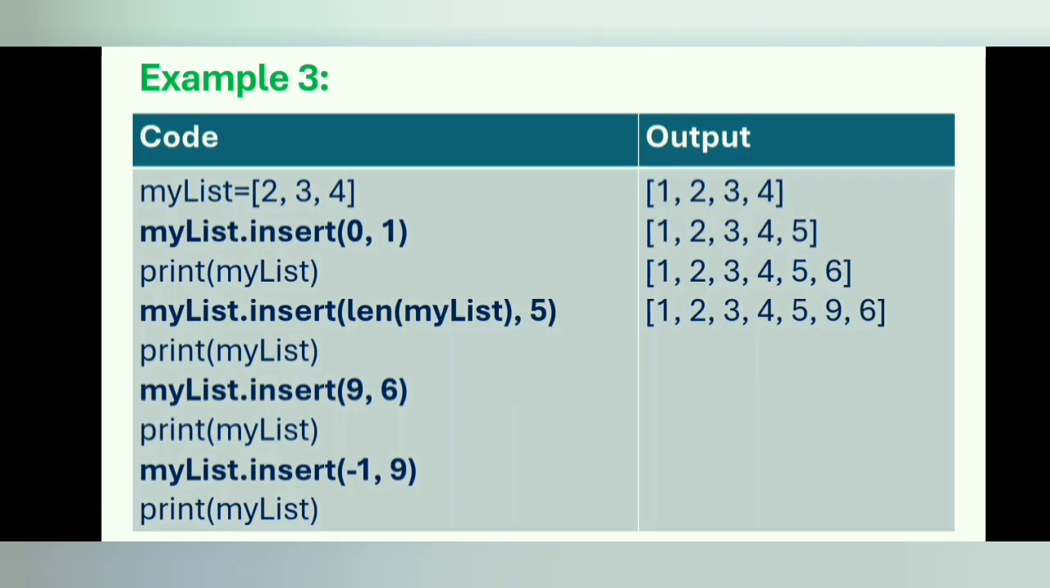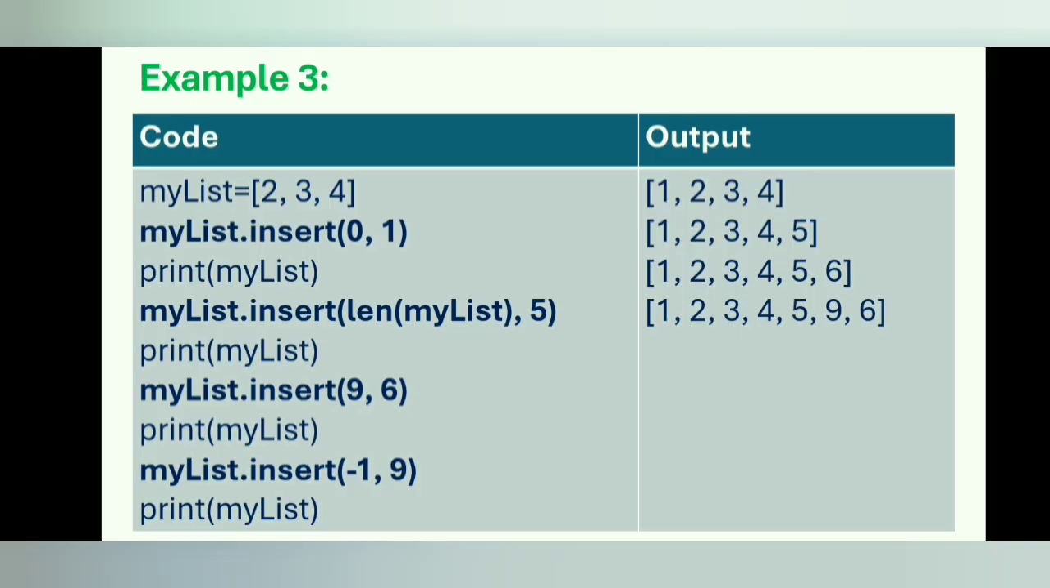Example 3. In this example, the first thing I did was create a new list with the 3 elements 2, 3 and 4 and assign it to the variable mylist. In the next statement, we call the insert method with the index 0 and the new value 1 as arguments. mylist.insert(0, 1) inserts the new value 1 at the beginning of the list. The print statement print(mylist) will display the modified list